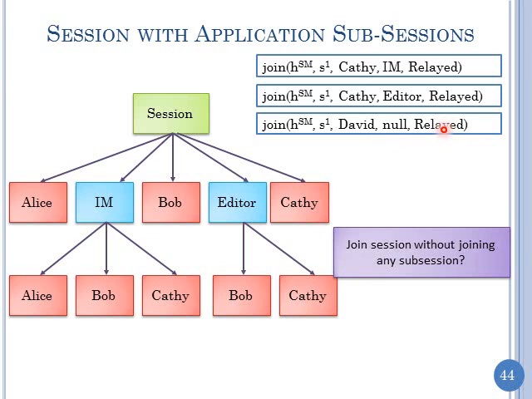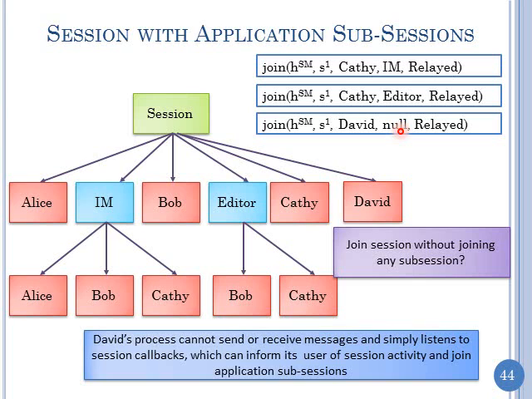I guess at this point, this particular parameter also doesn't make much sense. Okay? But certainly this parameter is saying no application. So just join as David. And David's process cannot send or receive messages, okay, because there is no application to send the messages to, and simply listens to session callbacks, okay, which can inform its users of session activity that this user has joined, this application has been created,